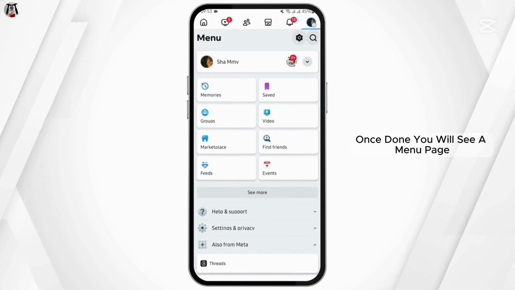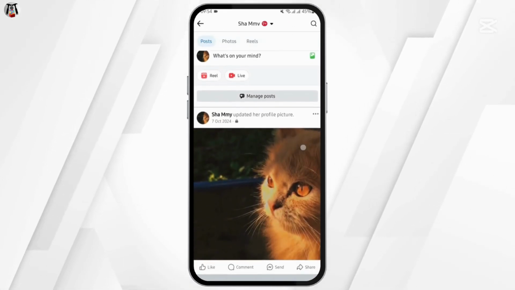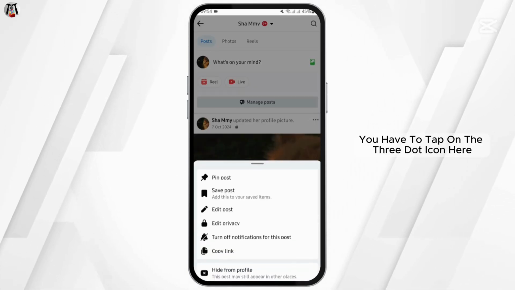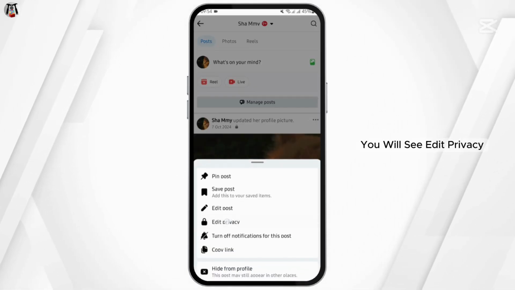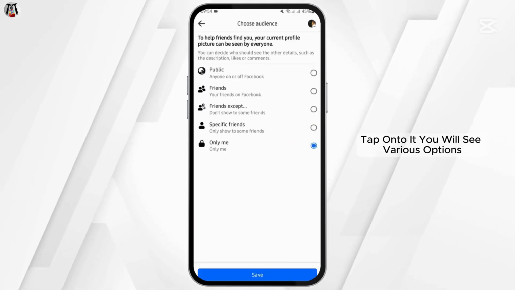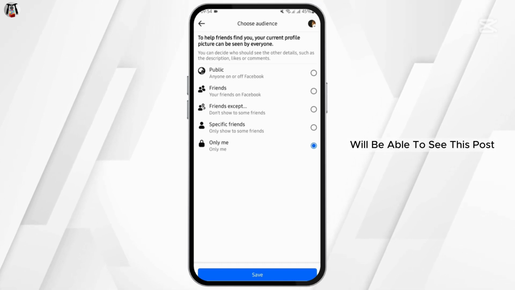Once done, you will see a menu page. Tap onto your username. Then scroll all the way below. And if this is the specific post that you would like to hide, you have to tap on the three dot icon here. You will see Edit Privacy. Tap onto it, you will see various options. You have to toggle on this Only Me button, and only you and nobody will be able to see this